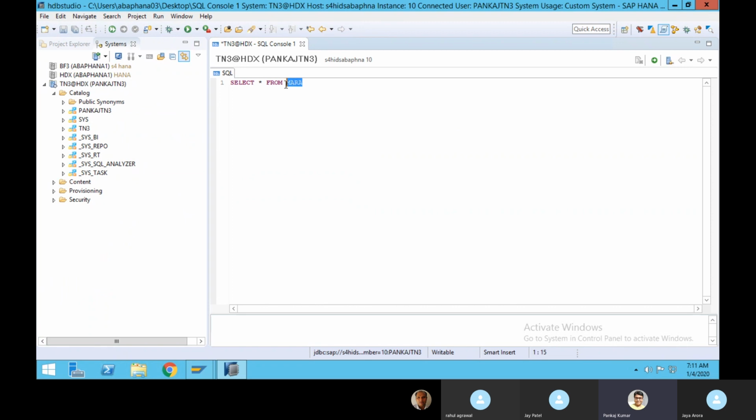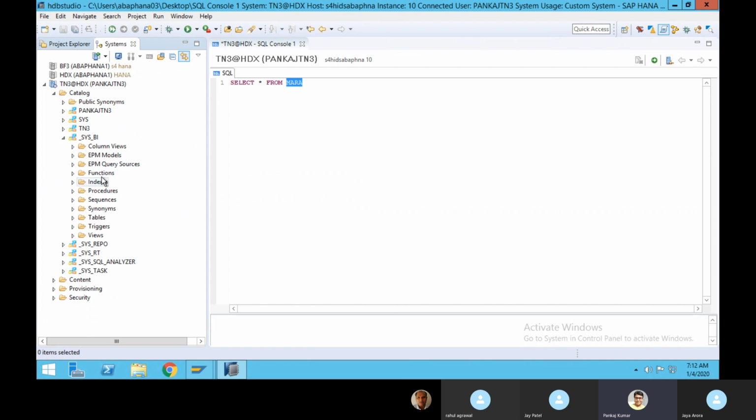Because I'm simply giving Mara, and in this HANA database we have multiple schemas: sysrt, sysbi, sysrepo. These are all the system schemas where system tables are stored. We don't have to touch these. We are not supposed to change anything over here because these are system schemas.